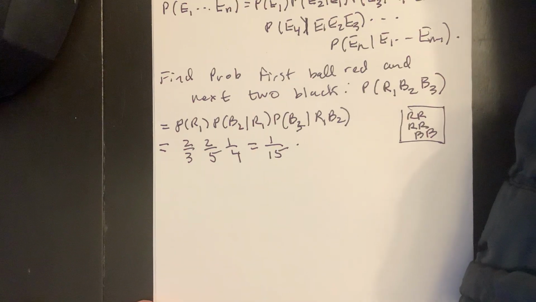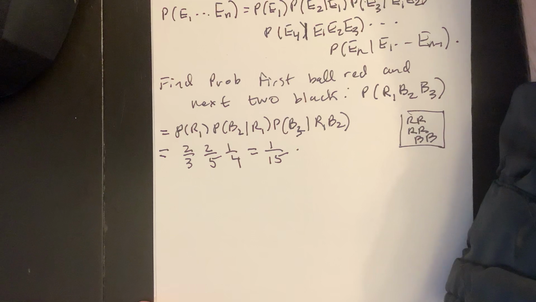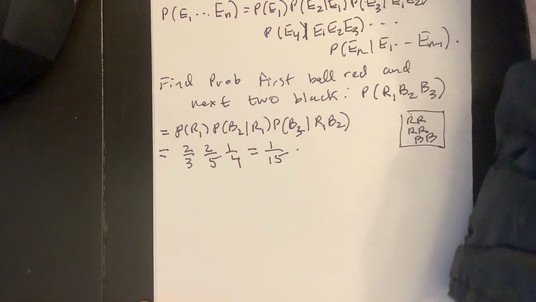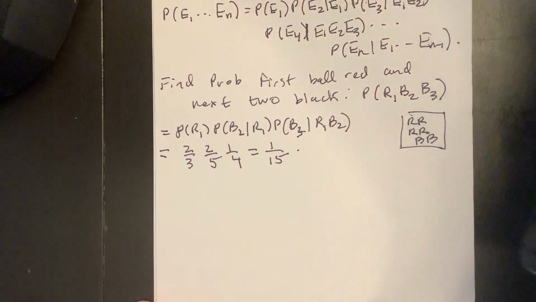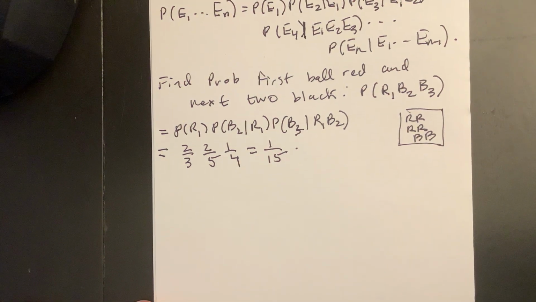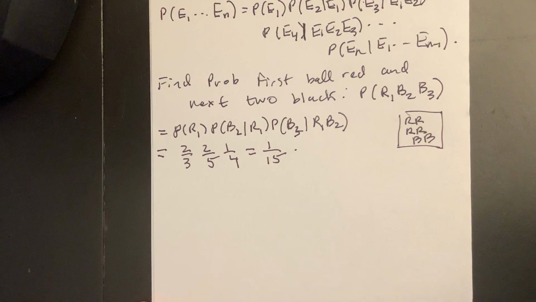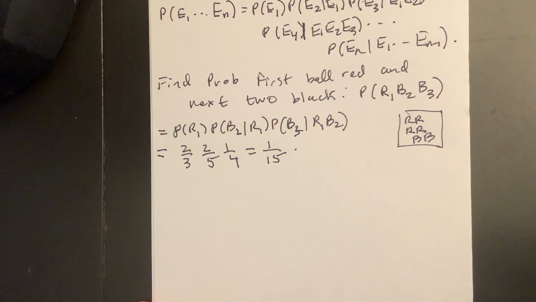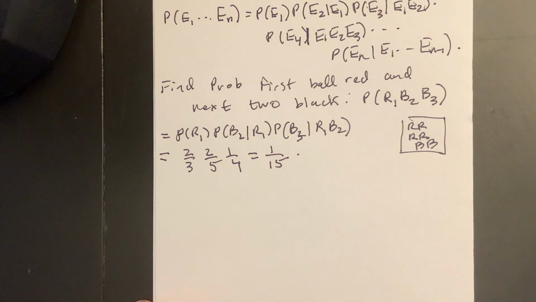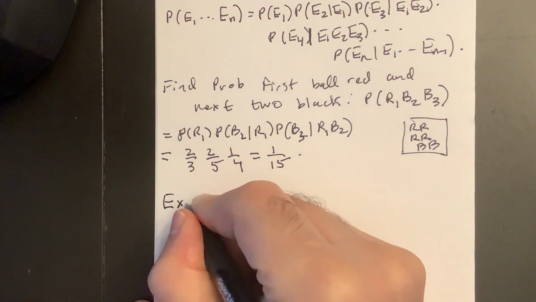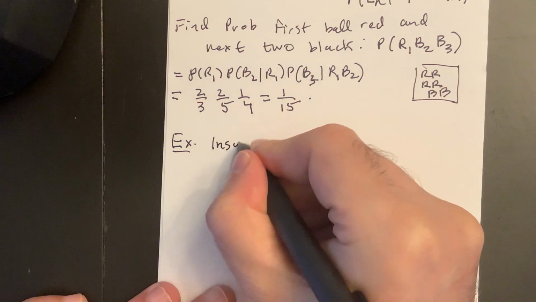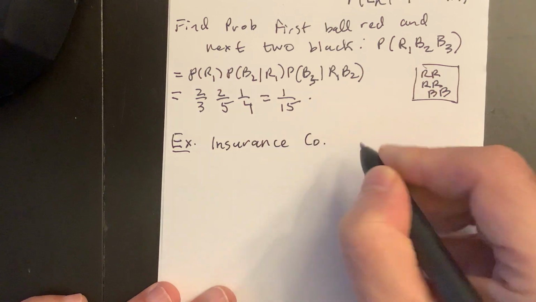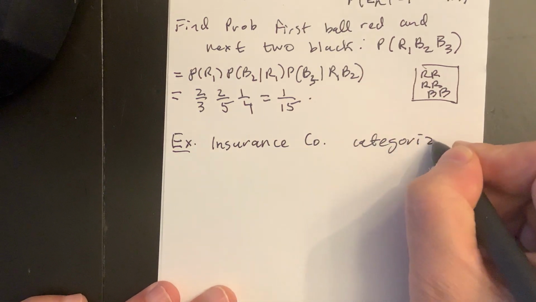All right. Now, though, is the real power of this, I think. We're going to see that if we can find a decomposition of the sample space, often we can take intersections of a desired probability with that decomposition and not affect the event. Let me just do the example, and then I can go from the intersections to computable conditional probabilities. So this is really the power of this, I think. So suppose an insurance company, this one's in the book, I think. I'm using the same numbers too. Categorizes customers